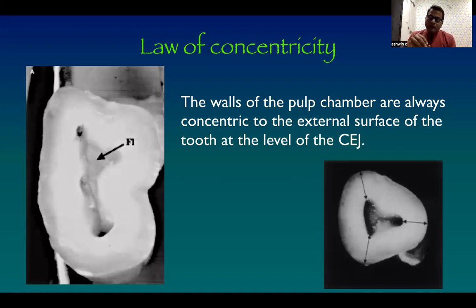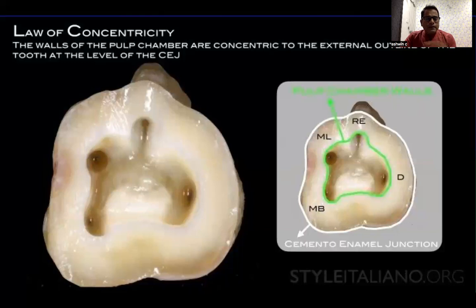So that is what is called concentricity. It is concentrated in the middle. So whenever you see, you have to check this point. Now you're not going to cut the tooth, by the way. See here, law of concentricity. It is at the level of the CEJ, and you can make sure that all the orifices are almost equidistant from the